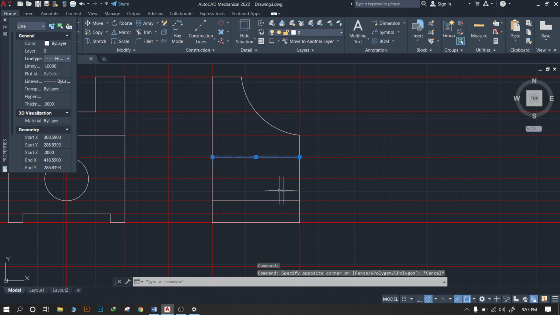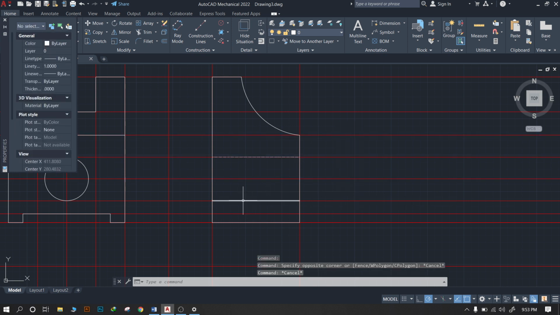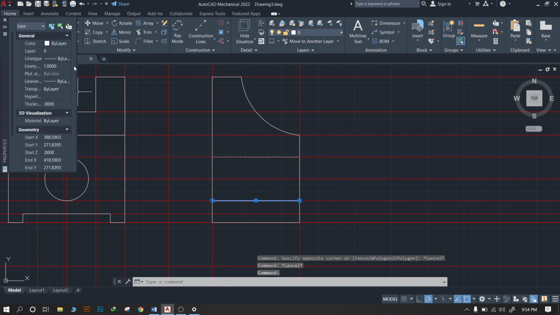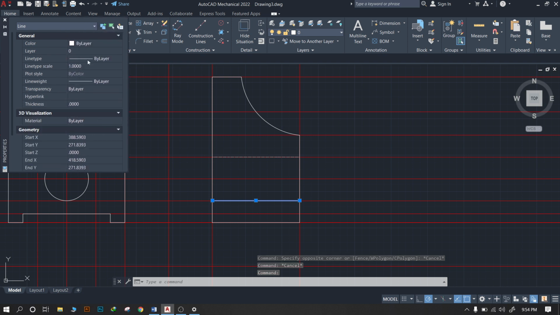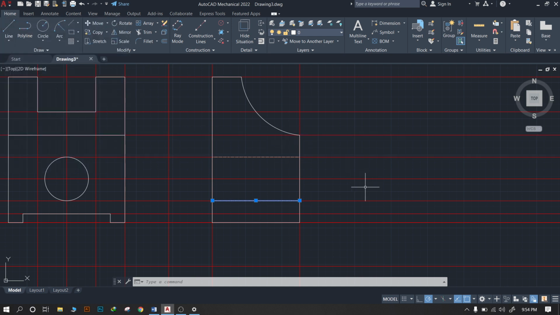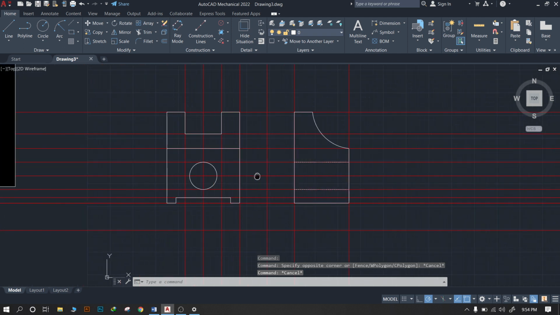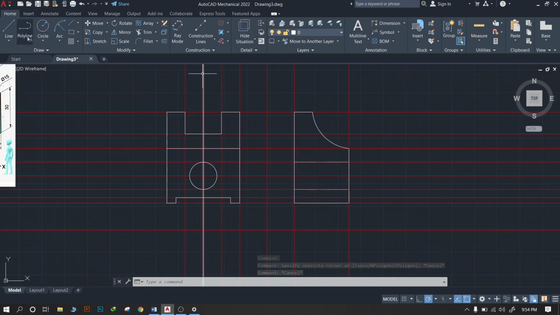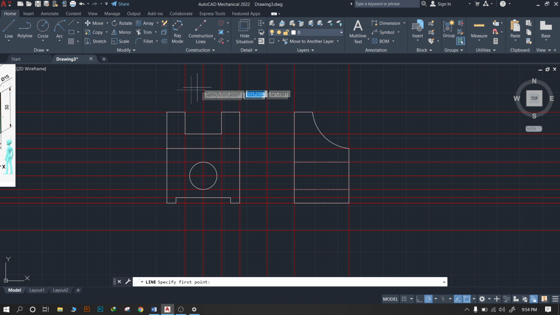Again the same thing: we have to draw this line and convert it into a dash line. That one is very simple. At the center, for the circle, we have to mark a center line.